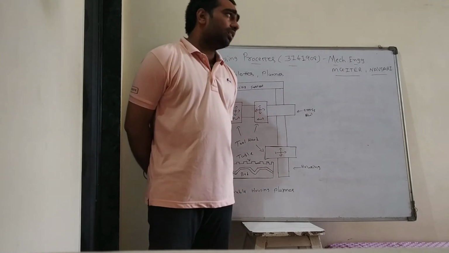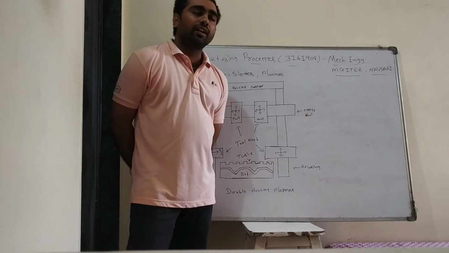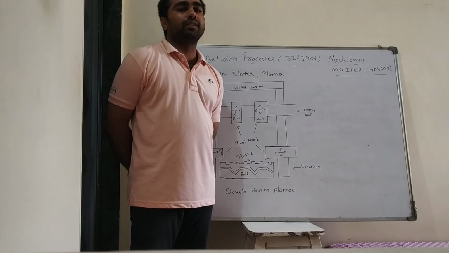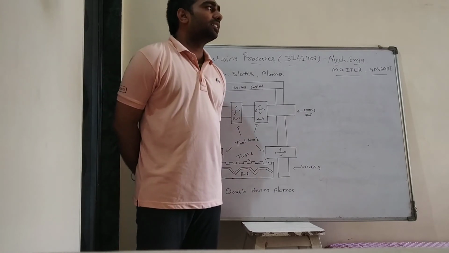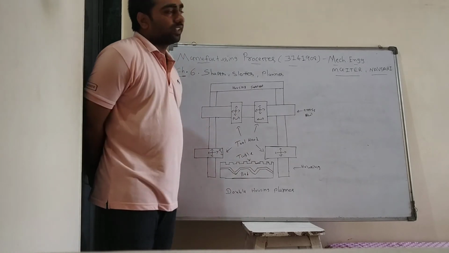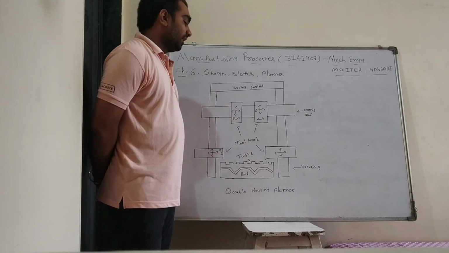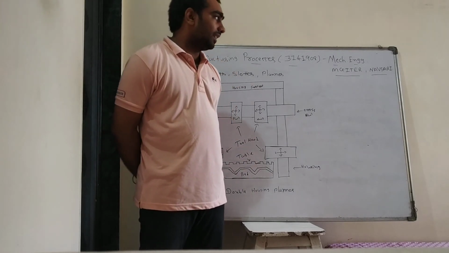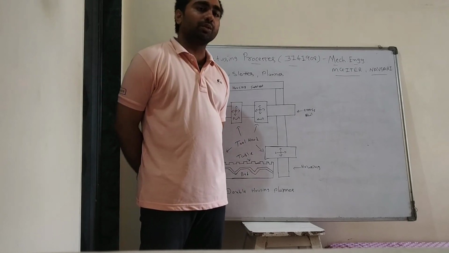The planer machine is huge and heavy, whereas the shaper machine is small and compact in size. Next, in a shaper machine there are different types of quick return mechanism, and it is also done in this planer machining. Mainly we discussed the difference between the two. Thank you.